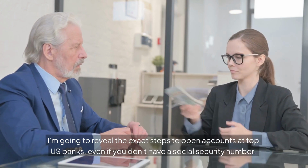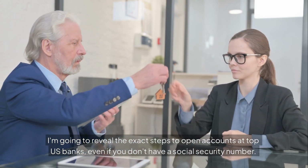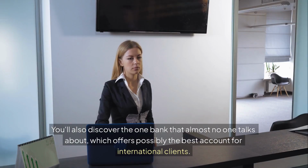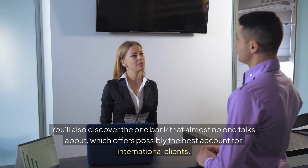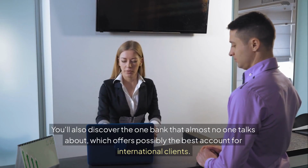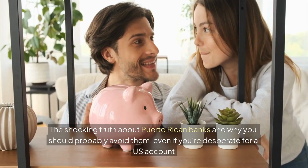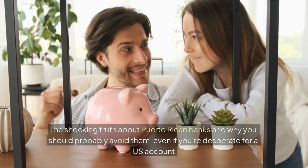I'm going to reveal the exact steps to open accounts at top U.S. banks, even if you don't have a social security number. You'll also discover the one bank that almost no one talks about, which offers possibly the best account for international clients. Here's what we'll cover: the shocking truth about Puerto Rican banks and why you should probably avoid them even